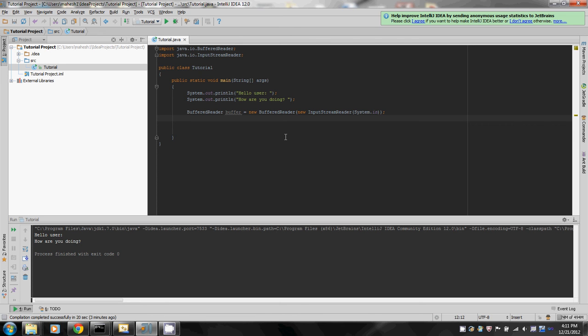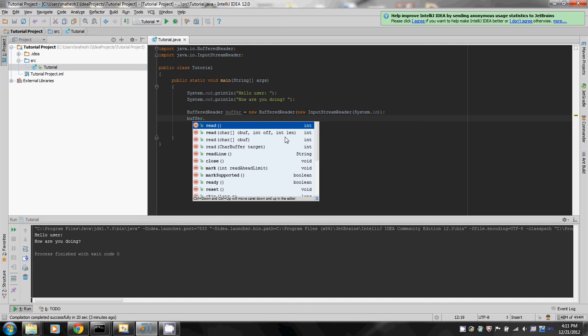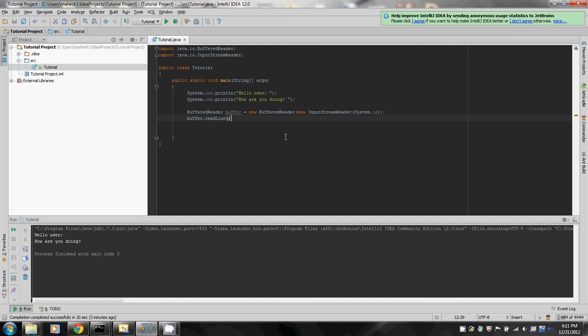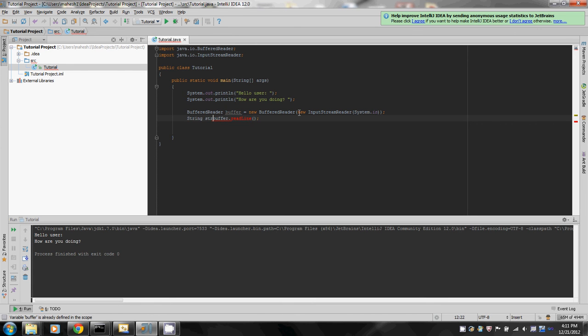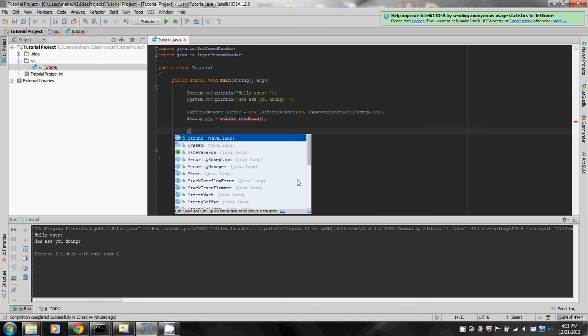So now that we've created this, we will do buffer.read, which returns an int, but readLine returns a string. Now you're going to see it's going to say unhandled exception, java.io.IOException. For now, ignore this. And what we're going to do is String str equals buffer.readLine. We're going to actually handle this exception, and we're going to talk a little bit about exception handling. But first, what we're going to do is then